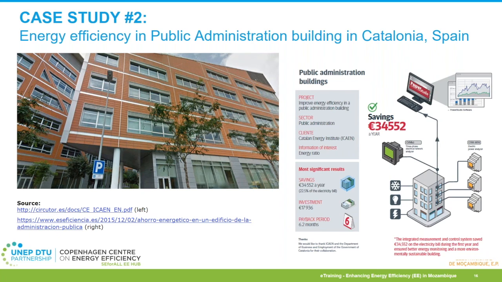The building you see in this slide was one of the selected ones to implement this program, and the result of the application of a set of energy efficiency measures, such as the improvement of the building envelope, better energy monitoring systems and user practices, led to a 20% reduction in the electricity consumption in the period 2012 to 2014, with a total saving of 22.5% on the annual electricity bill, which led to a saving in the cost of